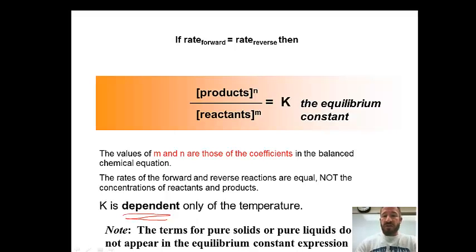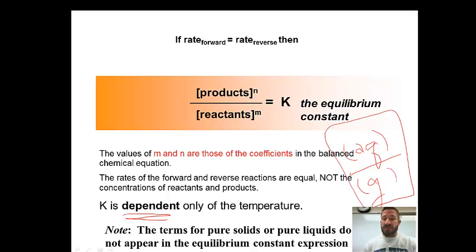Now, when we're doing this, usually we're talking about concentration. Concentration refers to an aqueous system, or it could talk about a gaseous system. So those are the 2 systems we'll use in K expressions. We will never use a solid or liquid, so the liquid state and the solid state will not be included. Those will never be written in your equilibrium expression. They may need to be present in order for a reaction to occur, but do not write those in your